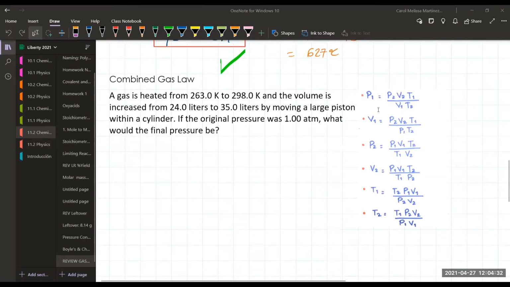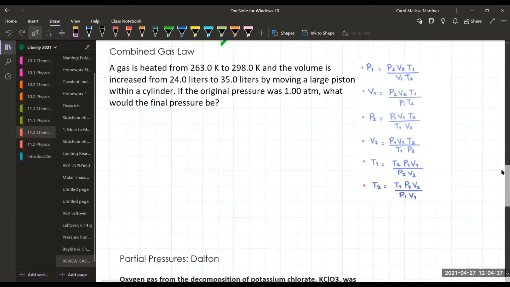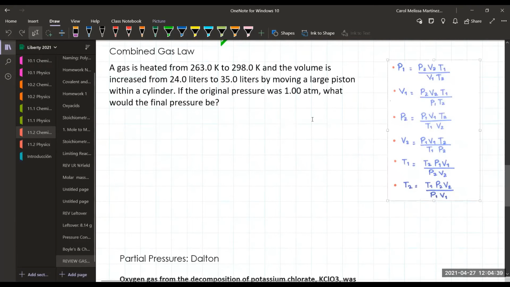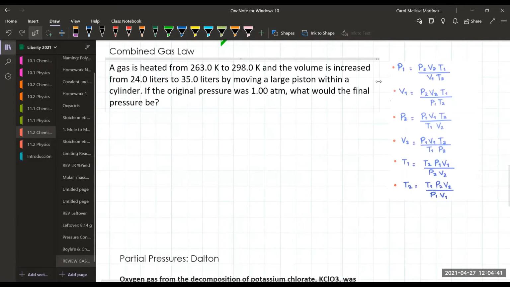Now, the other formula that we have involved in these laws is the combined gas law. In the combined gas law, the equation is a little larger, but in the end, all you have to do is isolate. So we need to highlight the givens. It says a gas is heated from 263 Kelvin to